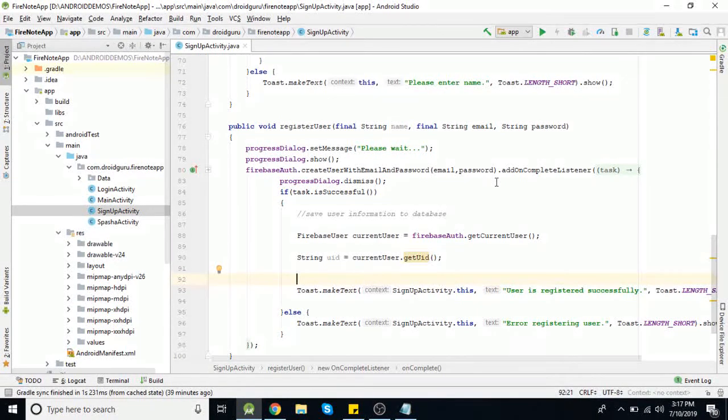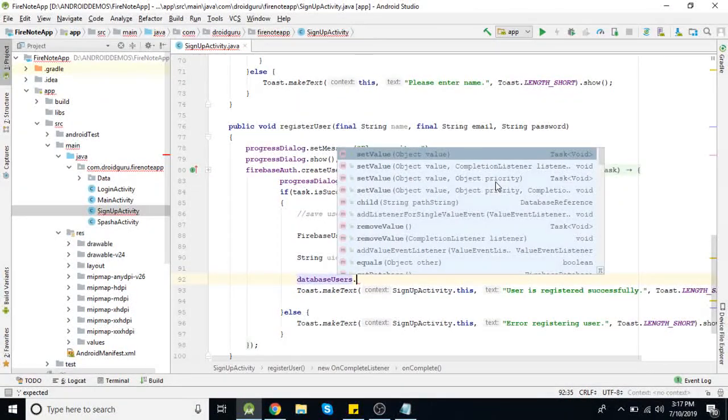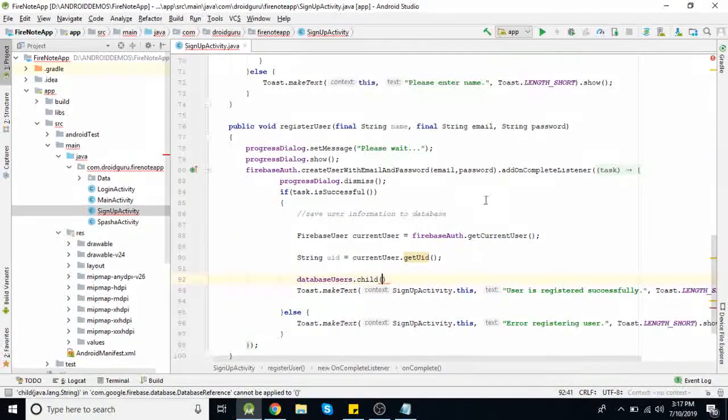Now the code for writing data is: databaseReference.child, because in that database table we need to store first this user id, and under that node, under this user id node, we are going to store all user information. So child will be uid.